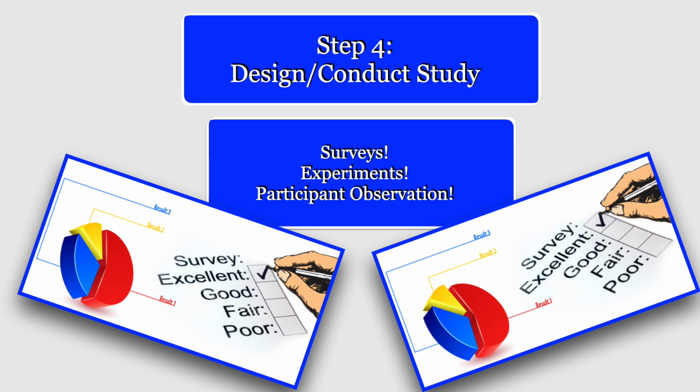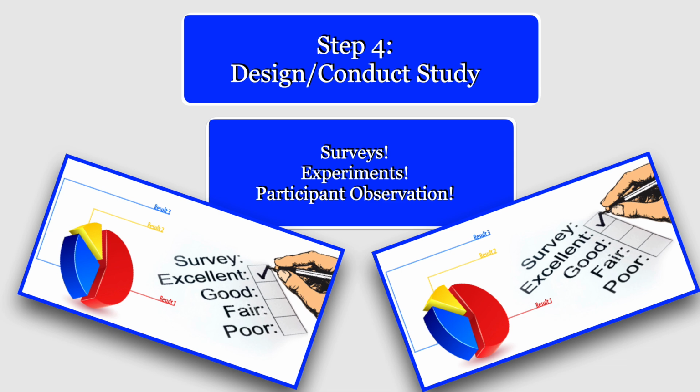Experiments are also common, a little bit more complicated and expensive to do, but really helpful. And what is an experiment? When we have two different groups of people or multiple groups of people, and we do something to one group of people that we don't do to the other group, and we compare their responses. We look at their behavior. How did group A, when we did whatever we did to them, how did they behave? And then we look at group B without that intervention, and how are they behaving,